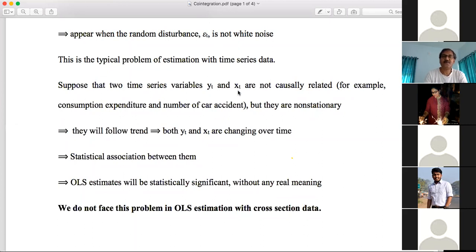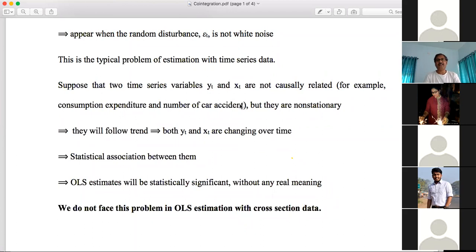Now, suppose we want to plot the data Y and X in a two-dimensional space. You will get a scatter diagram. As Y is a trending variable and X is a trending variable, Y follows some kind of change, as well as X. So obviously there appears to be some kind of relationship between Y and X, although in reality there is no relation between them. Because of the trending behavior of Y and of X, you may get some kind of relationship between Y and X.